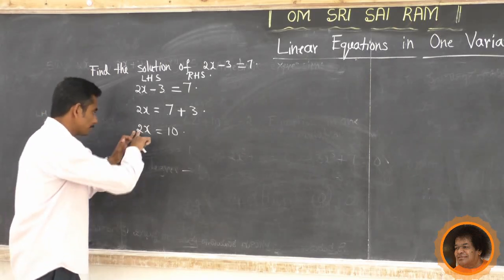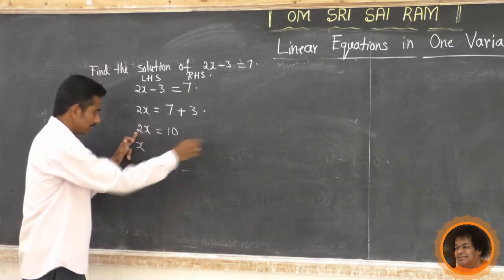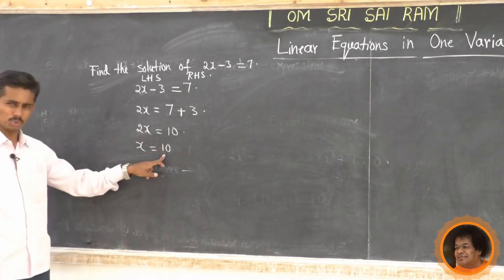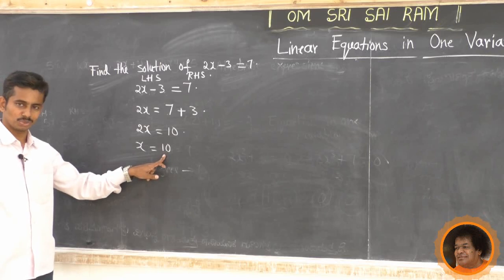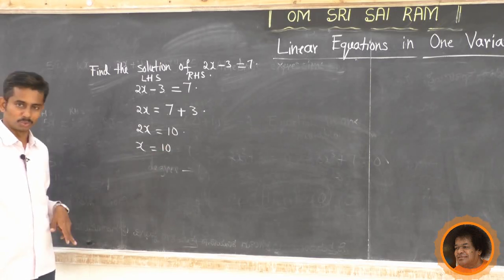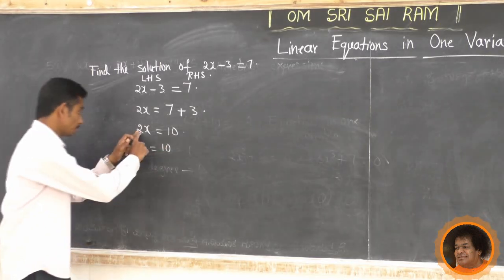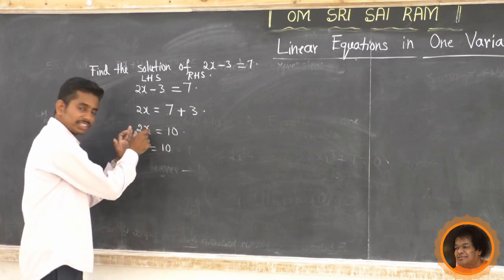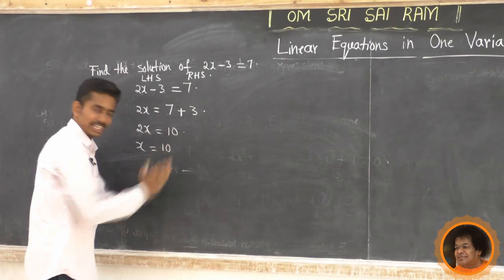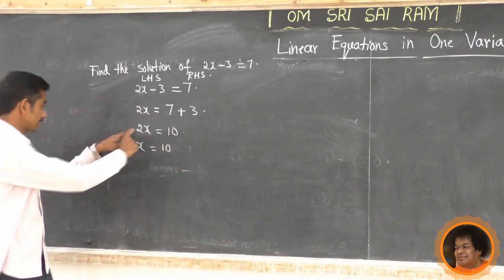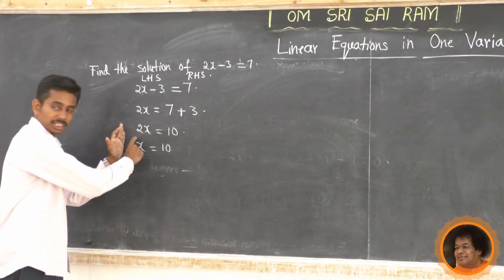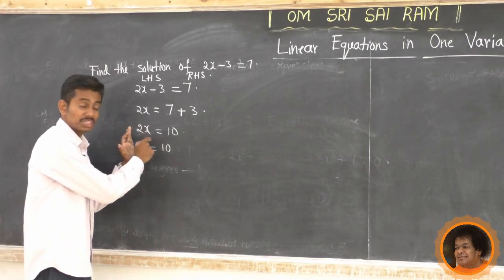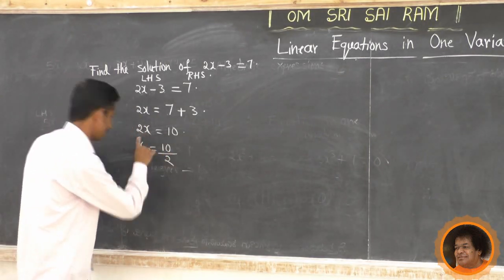Now our aim is to find the value of x. Now transpose 2 to the right hand side. With 10, tell me, 10 minus 2, or 10 plus 2, or 10 divided by 2? What is your answer? 2 and x are multiplied. Now it is in the left hand side. If it is transposed to the right hand side, the multiplication becomes a division. So 10 by 2. Be careful.